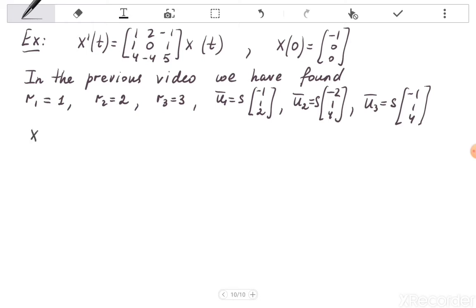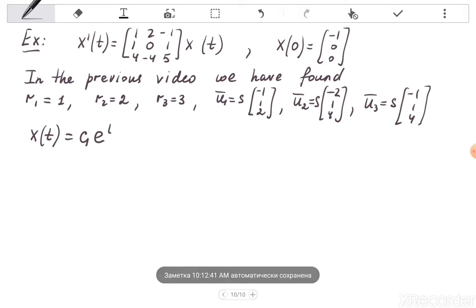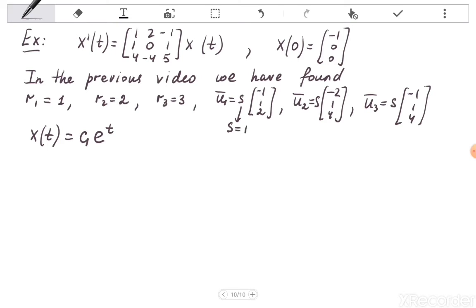So the general solution is C1 times e to the r1, so r1 is 1, just t, times u1, and u1 contains this parameter s. This parameter s will go to this constant C1, so we can just ignore it, or we can say we take s to be 1, since this variation of s is already in C1. So we just write minus 1, 1, 2,